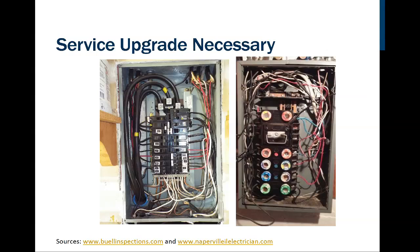So here are a couple of panels that are going to be requiring an upgrade. Now, if we weren't putting in an extra circuit, there's really nothing wrong with this. It's not the neatest in the world, but